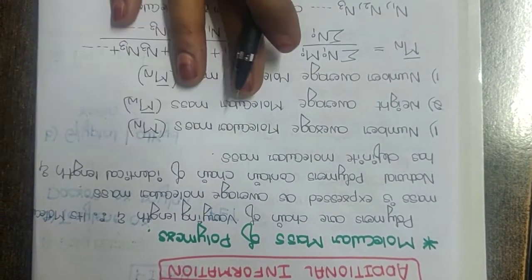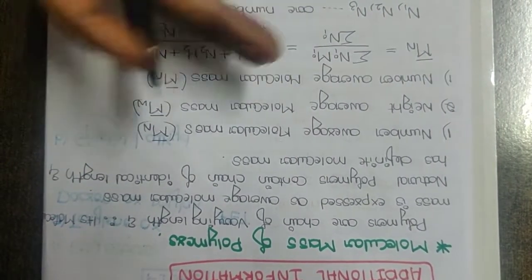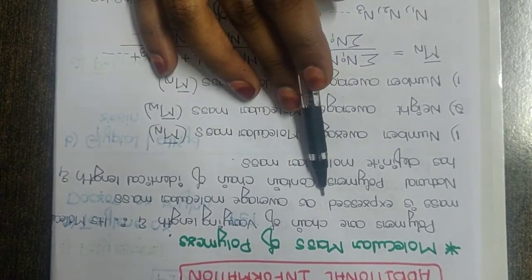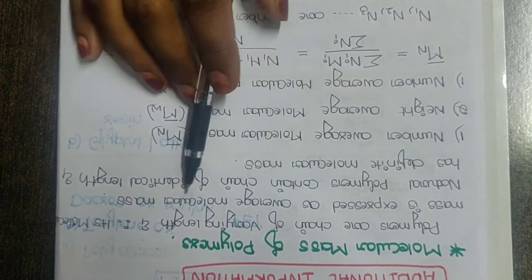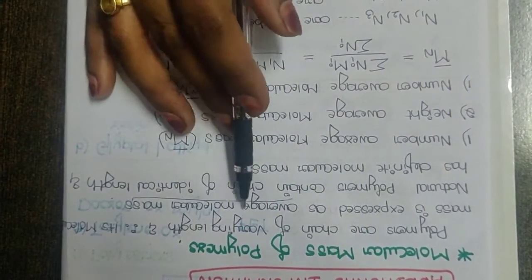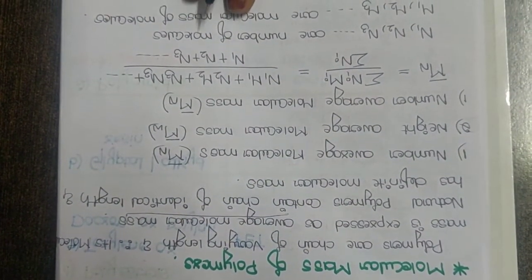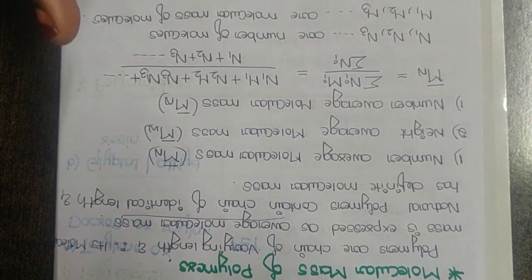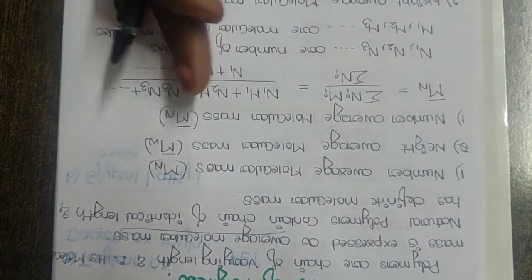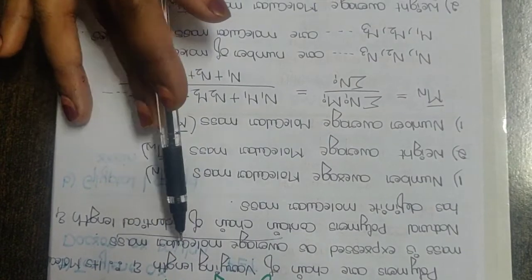of varying length. That means length is not confined here. So therefore, we don't take a normal molecular mass, but we take average molecular mass. So this is very important for polymers. We will be taking average molecular mass. If I take a natural polymer, it will have a chain of identical length. Definite molecular mass will be there for natural polymer, but not for the synthetic polymer. So therefore, average molecular mass plays a very vital role.